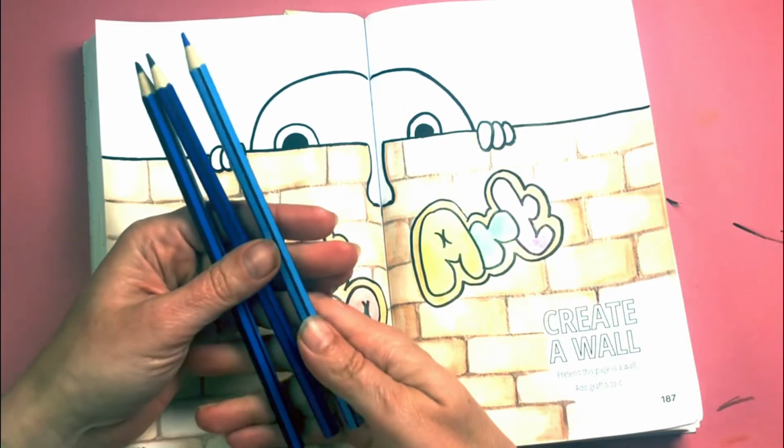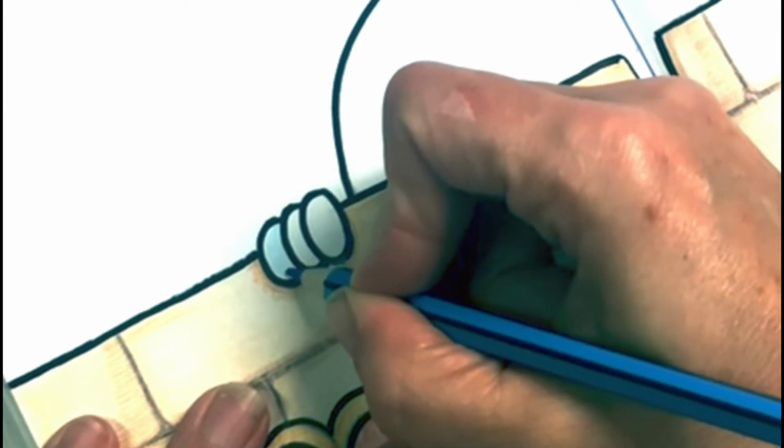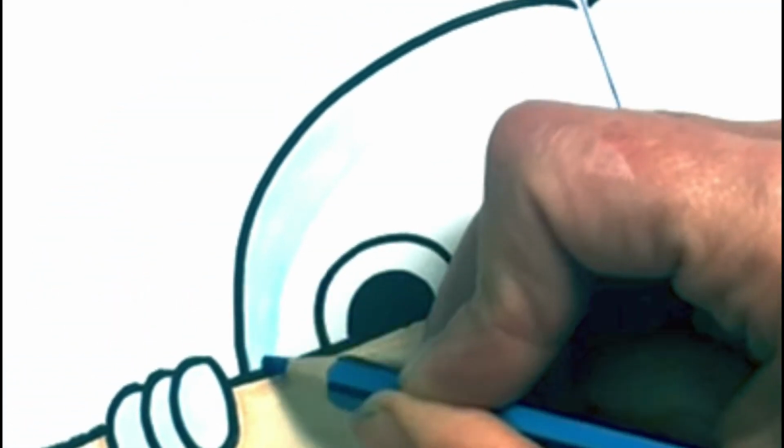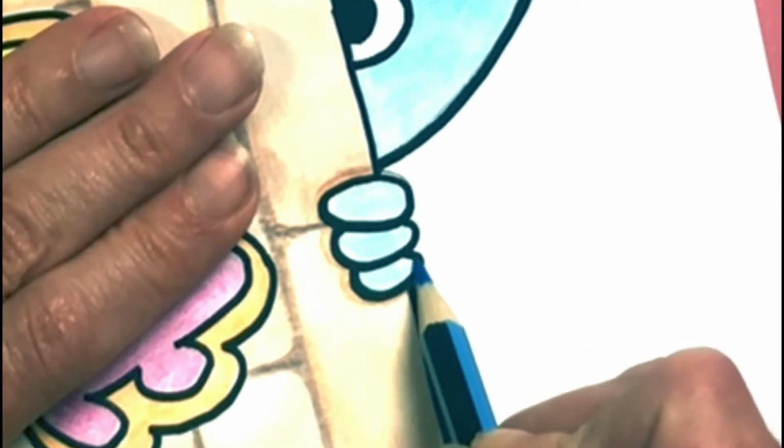So with my graffiti all coloured in nice and colourful, I'm going to start using these blues on my Chad, and I'm using three different shades of blue so I can give him a little bit of dimension. And this is always a fiddly bit, this part in between the two pages, trying to get in there, but we're persevering, building up this blue and just using the darker blues to give it some shadow and dimension,